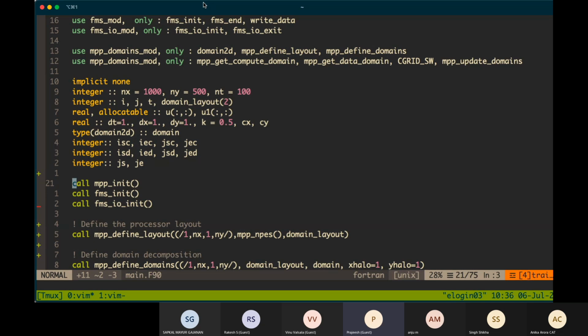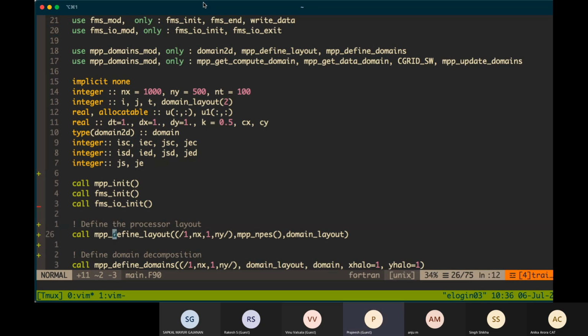When you're using FMS, before writing any code, you need these three initializations, and it should be in this order: first MPP init, then FMS init, and then FMS IO init. This initializes the FMS infrastructure.